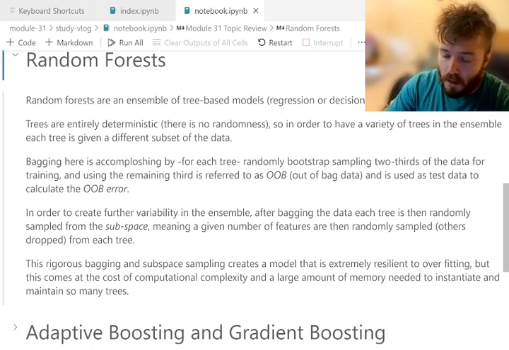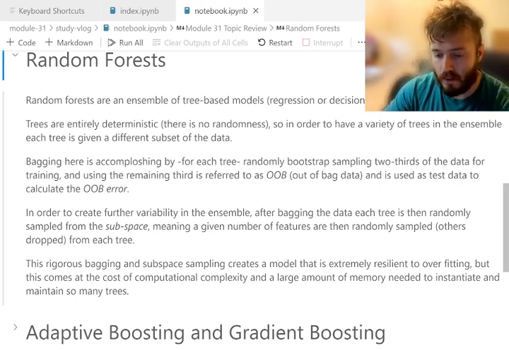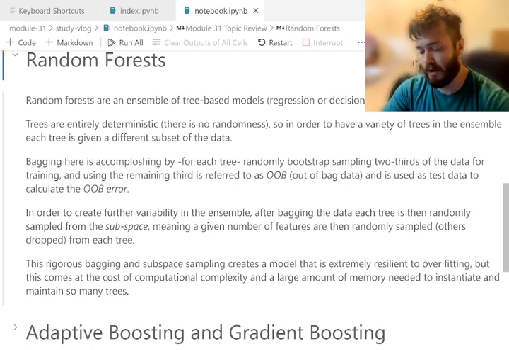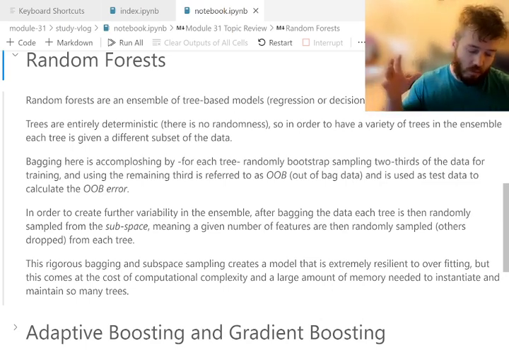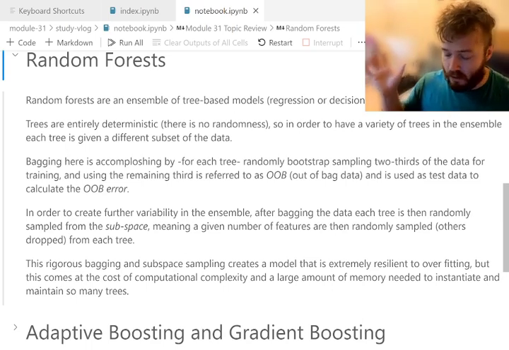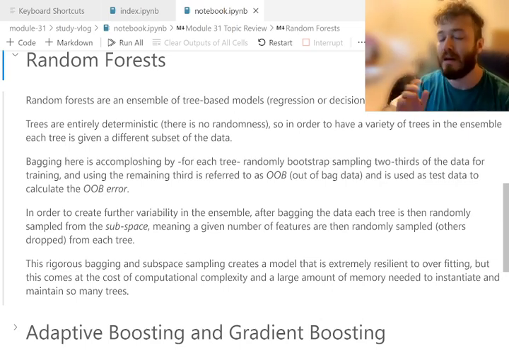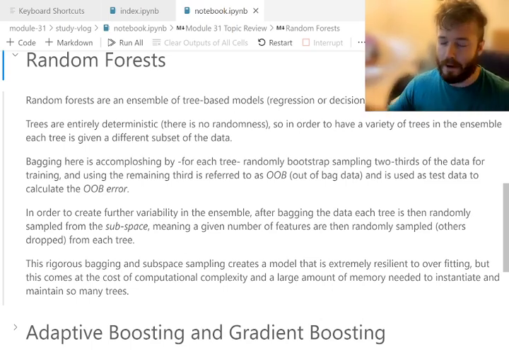Partially this is accomplished by using bagging. For our random forest, we bootstrap sample our rows from our data set for each individual tree. We'll sample 2/3 of the available data for a given tree, and then we'll use the remaining third as your validation set. You're basically doing a 66-33 train test split on your data, but you're replacing the training set, right? And you calculate your out of bag error, which is your error term